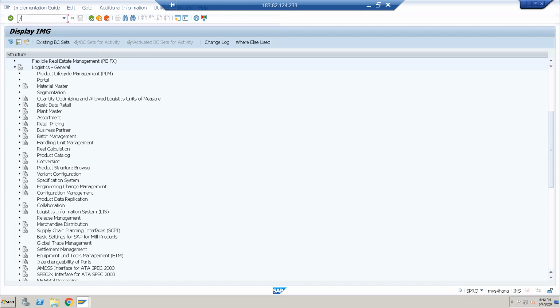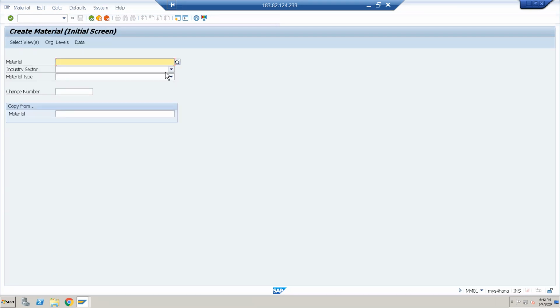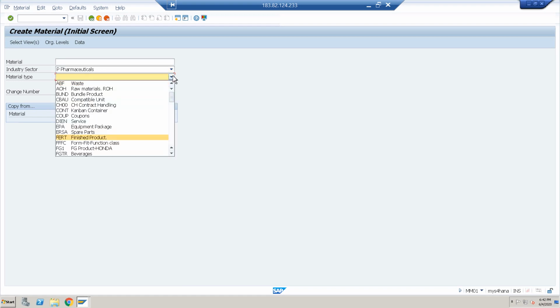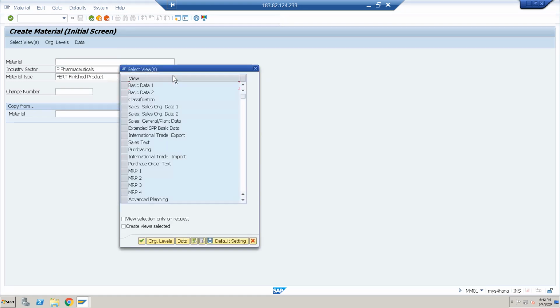For that we have T code MM01. Choose your industry pharmaceutical, and material type is FPRT finished product. Select classification.